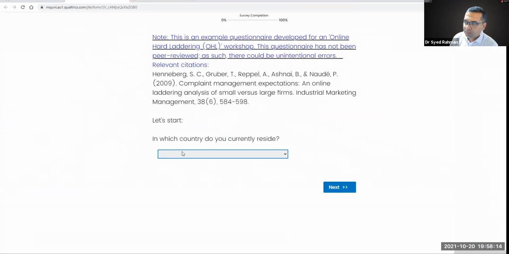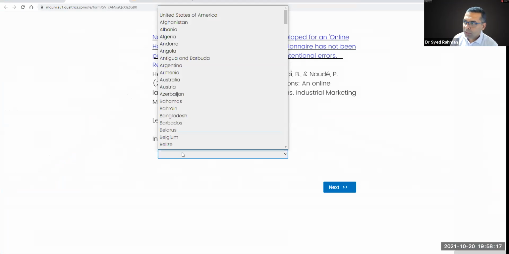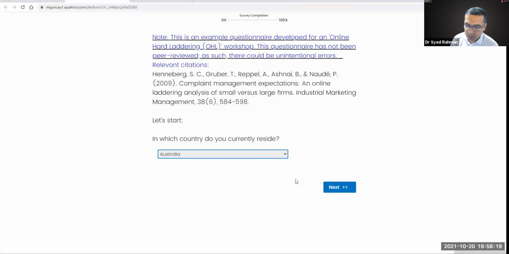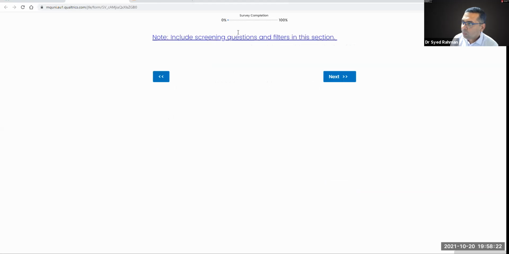Now, first of all, if you start it, you start with your country. It doesn't matter how you start. And then the first step says to include screening questions and filters in this section. Those who are familiar with online questionnaire development will have some filtering questions. My recommendation at this stage is to try to have as few questions as possible at the start of an online laddering process, or even a face-to-face laddering process,